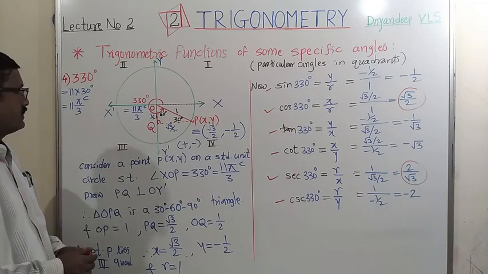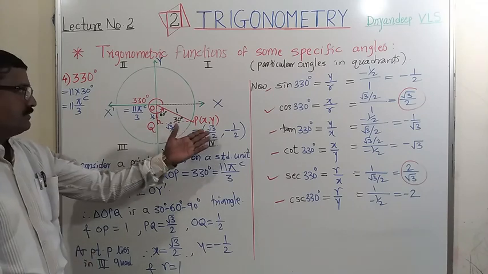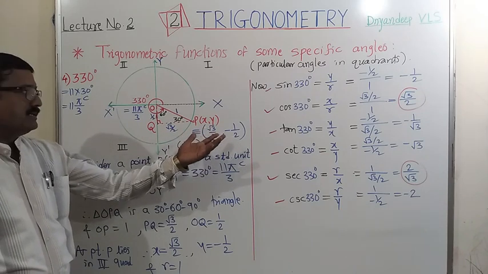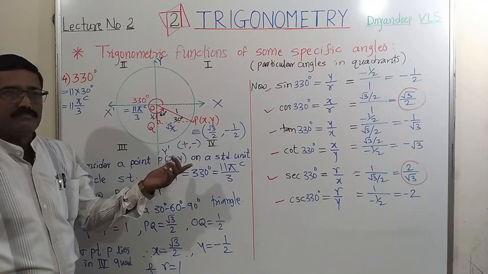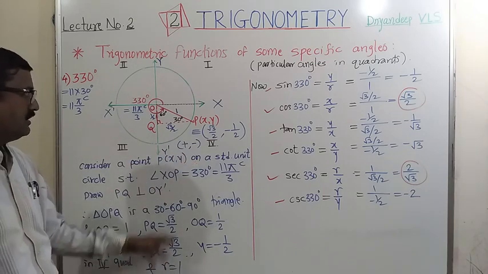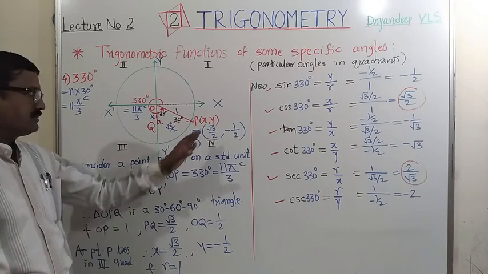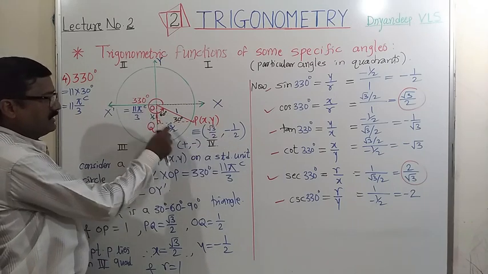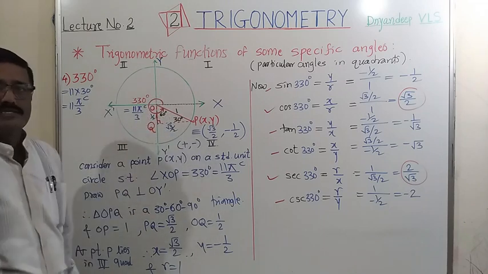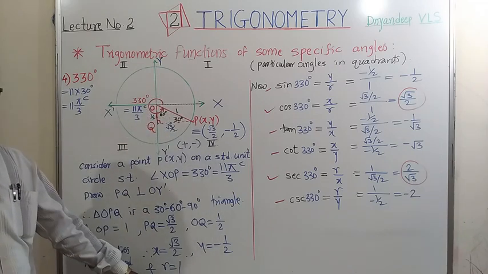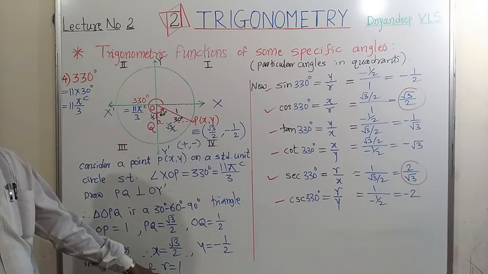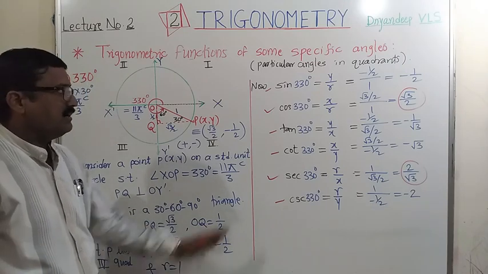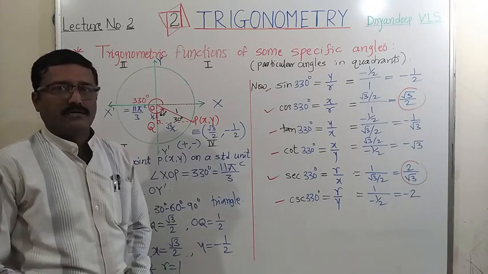In some cases, the coordinates of points, x and y, are given. In some examples x and y will be given, and using those values of x and y you have to find the value of r, because whenever you know x and y, this one is y, this one is x, so x square plus y square is equal to r square. From that you can easily find the radius, or the distance of that point from the origin, and knowing the values of x, y and r, you can find all the trigonometric ratios.